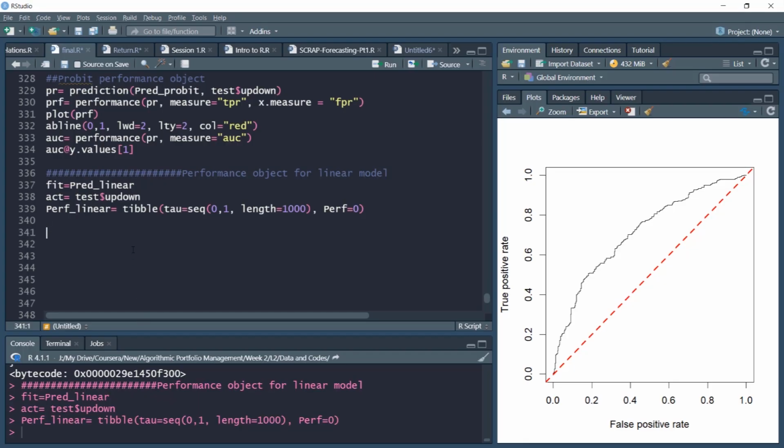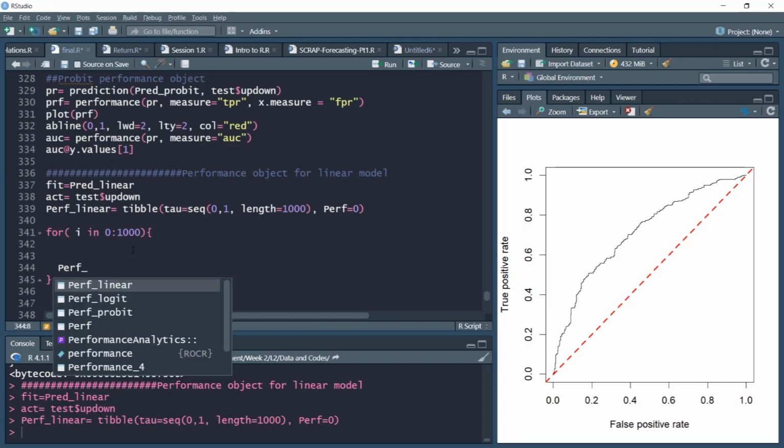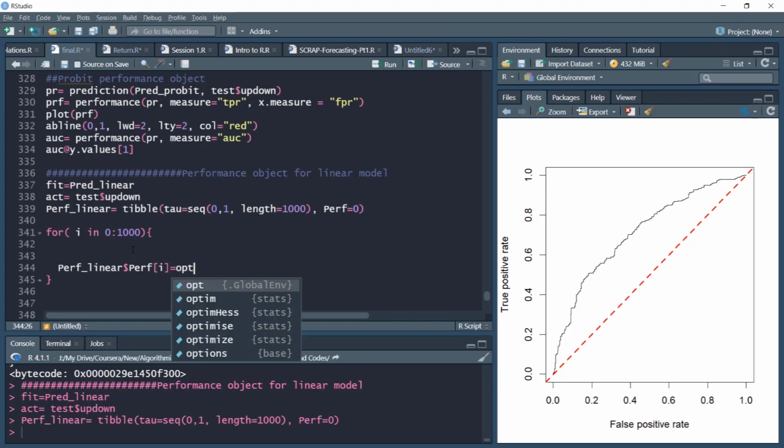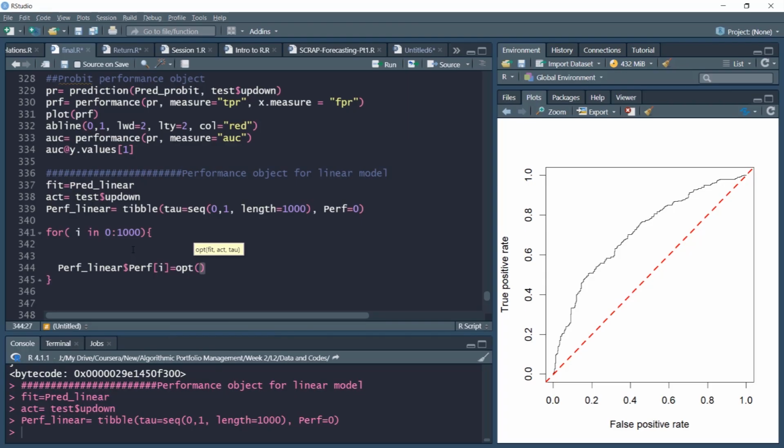Now recall, we'll start with a for loop where i is the counter, from 0 to 1000. So we include 0 and 1, so that both 0 and 1 are included in the threshold. Now performance underscore linear: in this, we'll assign the value of the performance. We have initiated a value of 0 by default. Each time this for loop runs, one new performance value will be assigned. And this OPT user defined function we have already created.